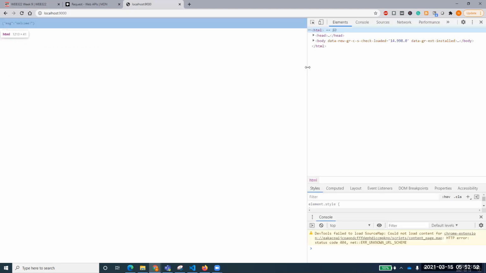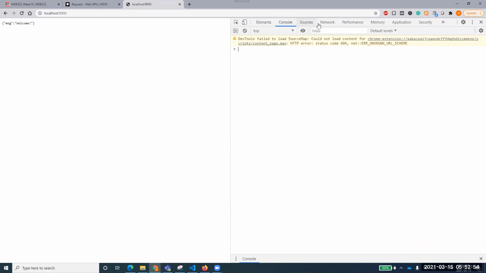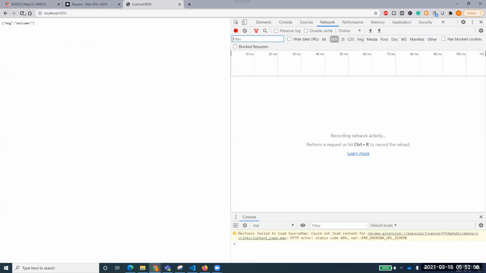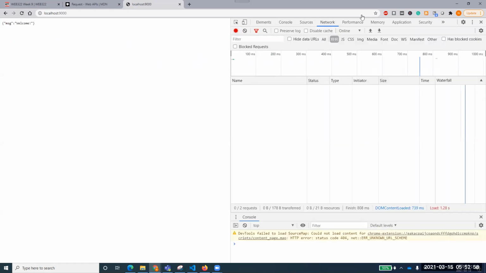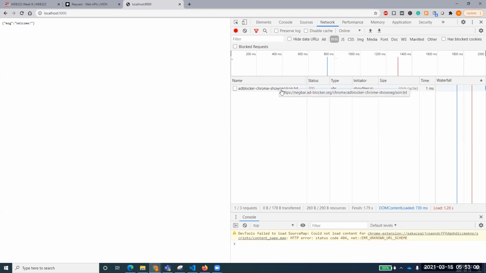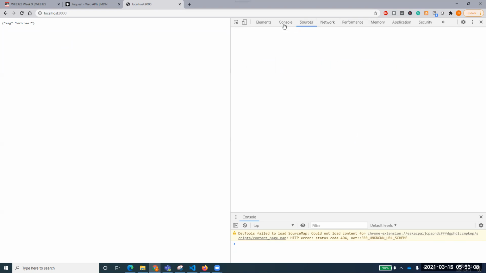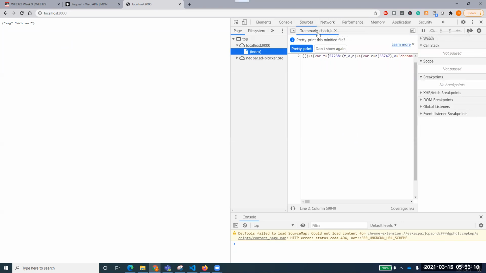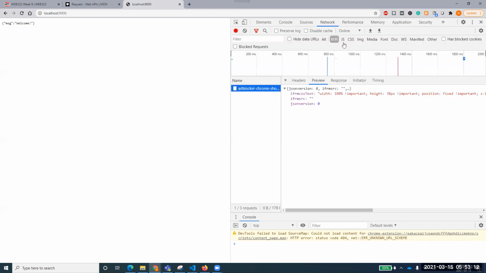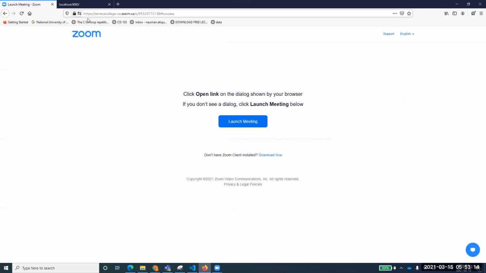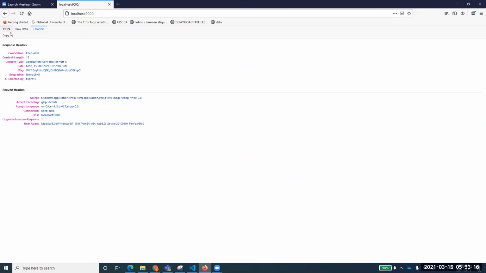And if you go to your inspect again, as I was looking over there, it was opening directly the network and all those things. So if you see here, for example, we have got this source, and this is the blocker, and here is its data. If you just want to find out in that request, as it is showing over here. So this JSON data is being returned, and this JSON data is the message welcome.